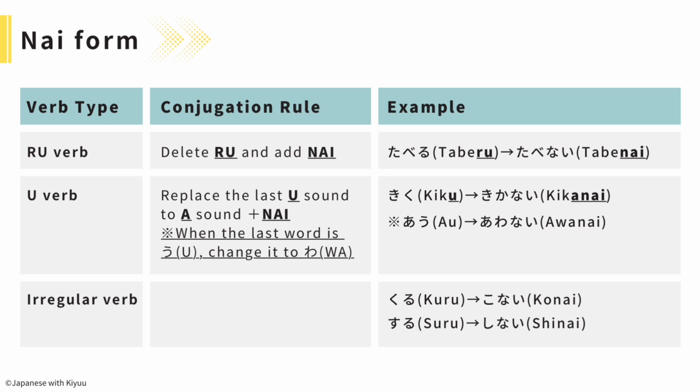ない form: る verb, delete the last る and add ない. For example, 食べる is 食べない。う verb, replace the last u sound to a sound and add ない. For example, 聞く is 聞かない。But when the last word is う, change it to わ. For example, 会う is 会わない。Irregular verb, 来る is 来ない。する is しない。